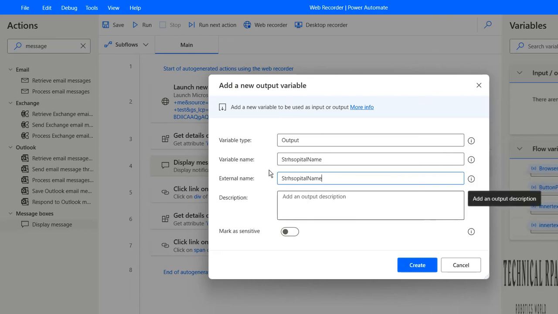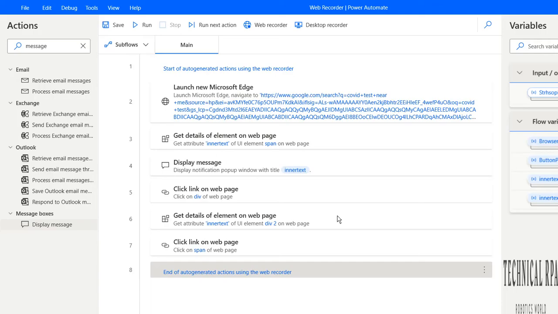I don't want to change to different names, because that would be confusing. So the variable name is strHospitalName, same as the external name. Suppose your variable is sensitive, for example user data or a password, you can mark it as sensitive. This is not sensitive, so I'm disabling it and creating the variable.